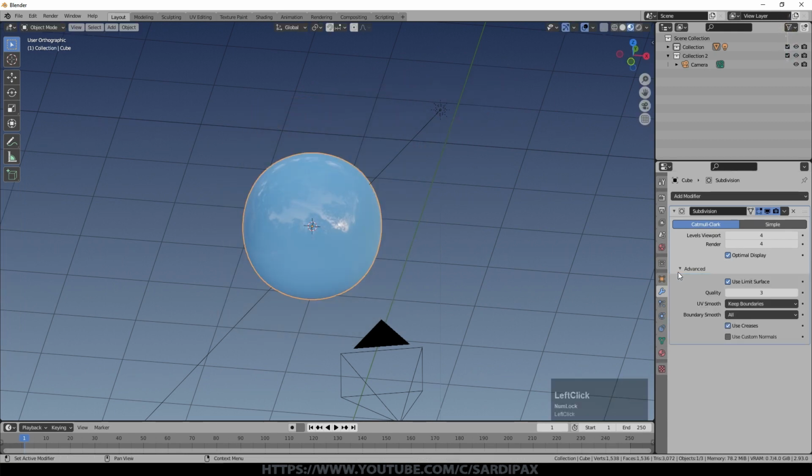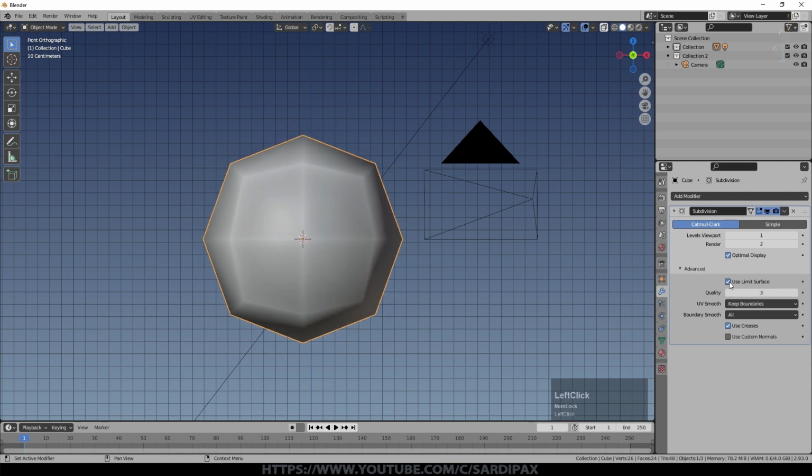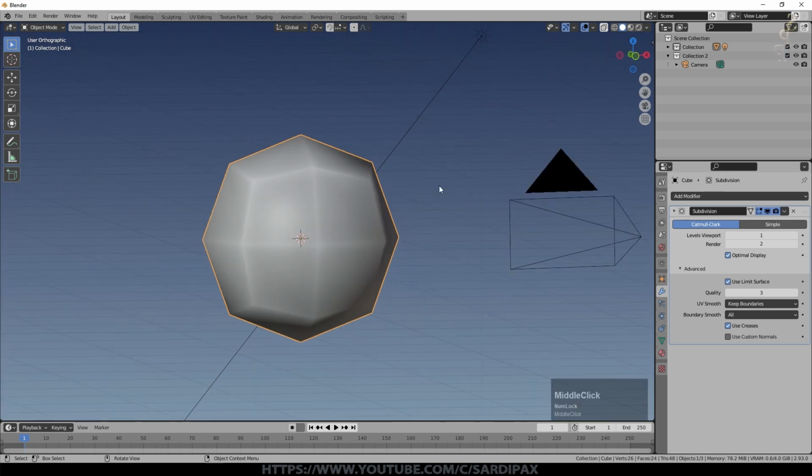If we look down at advanced, and I come back down to 2 subdivisions, in fact we'll just go for 1 subdivision for the viewport for the moment, you'll notice the shape seems to change in size when I click that use limit surface. I'm not sure why you wouldn't want to use limit surface. Possibly there may be an impact on compute time. However, the idea of it, as you can see from the tooltip, it's as it were making many calculations in order to get the best, most optimal position for the new vertices to give you the closest match to the curve. It's not just taking the simple halfway point, as it were.